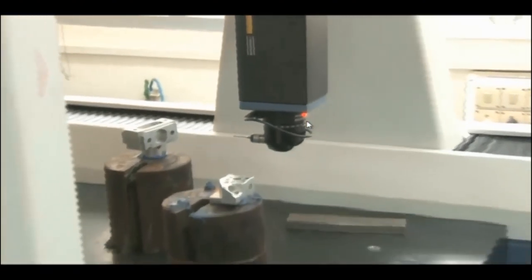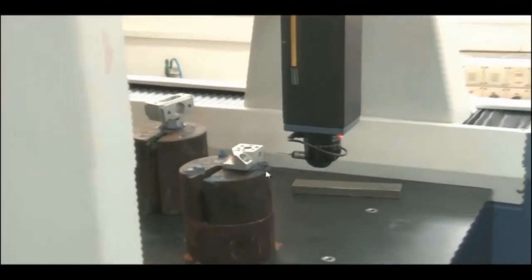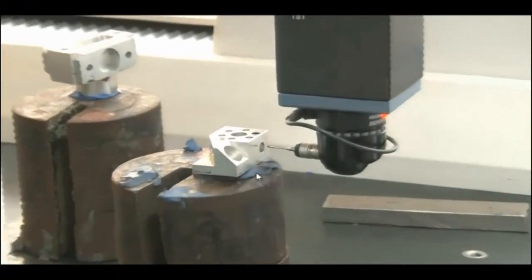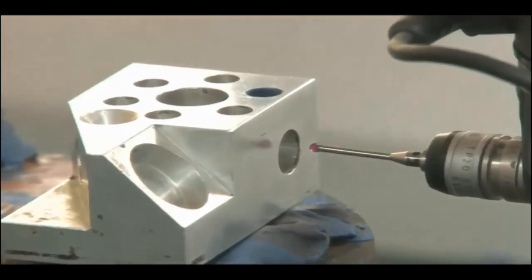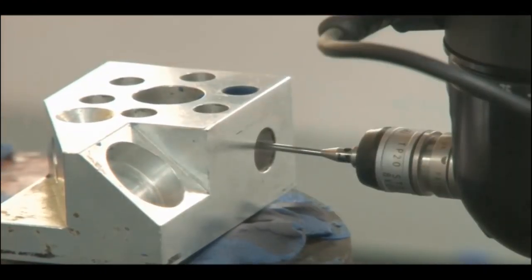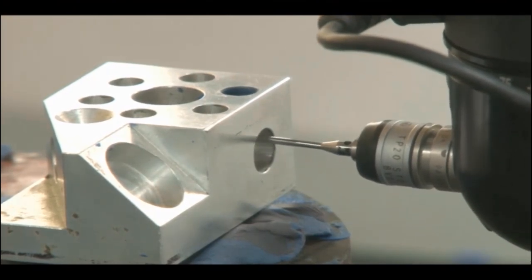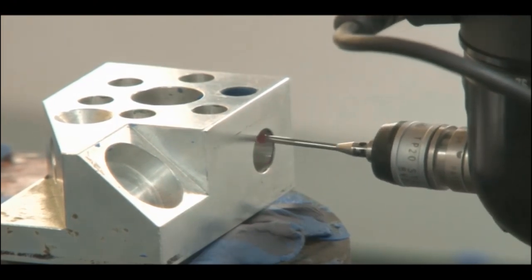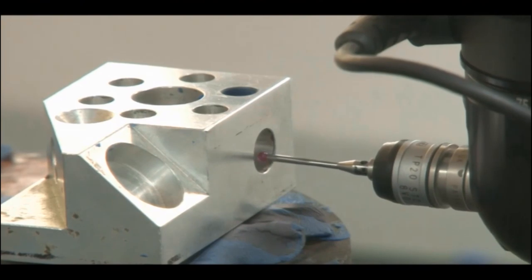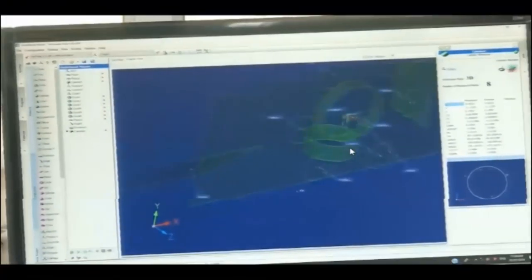This is a locking nut on this side, locking screw on the other side. We have locked the probe here. Now we will measure this YZ plane. Again, in laboratory conditions, we will measure the 8 points here: 1, 2, 3, 4, and 1, 2, 3, 4.